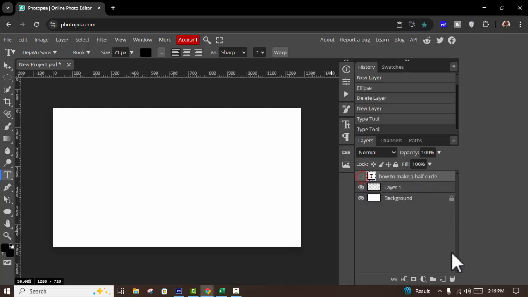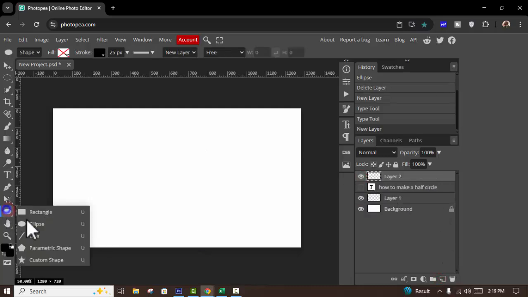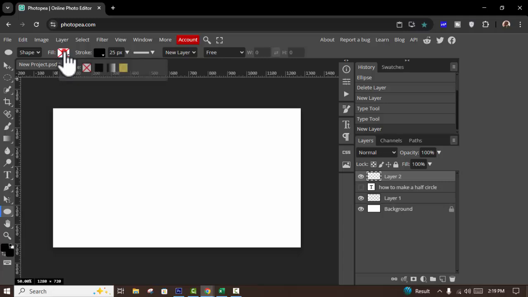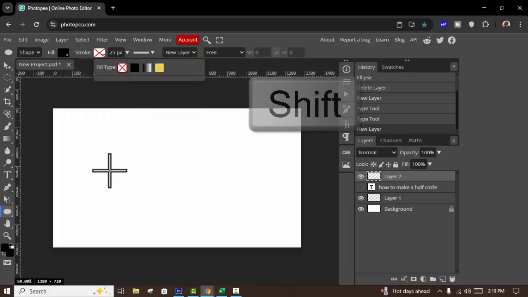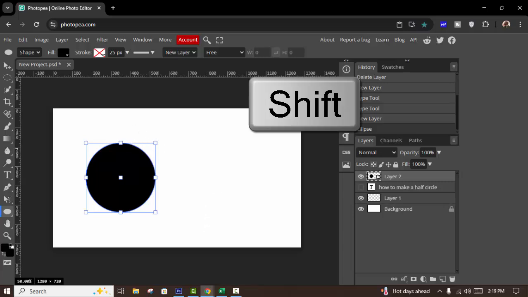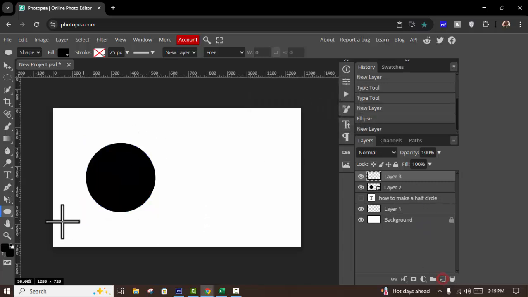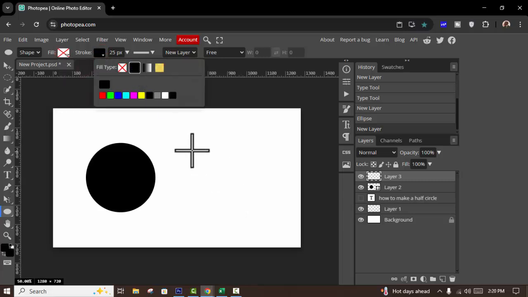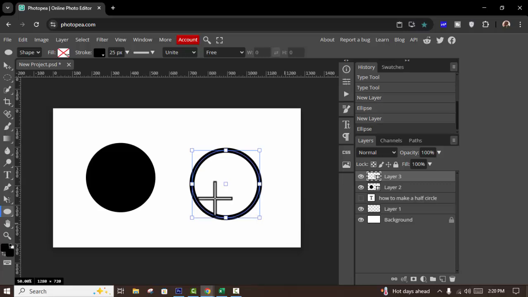Let's begin. First of all, create a new layer and use the ellipse tool with fill or without fill. First of all, with fill, create a circle and again create one without fill, with stroke. Hold shift. Okay. Increase the stroke size. Okay, then